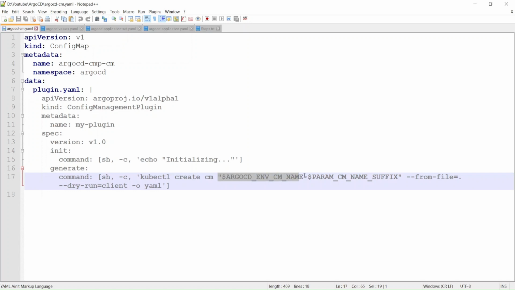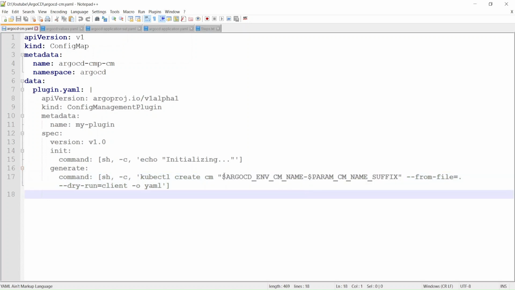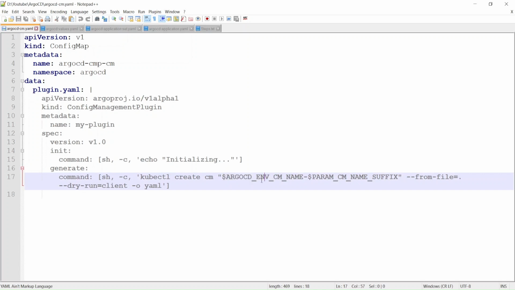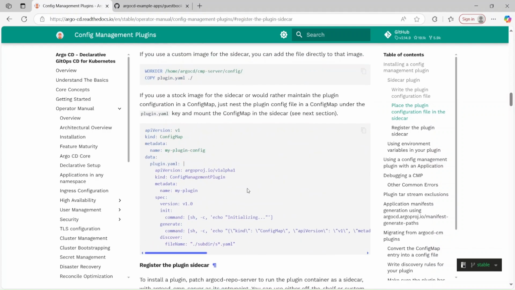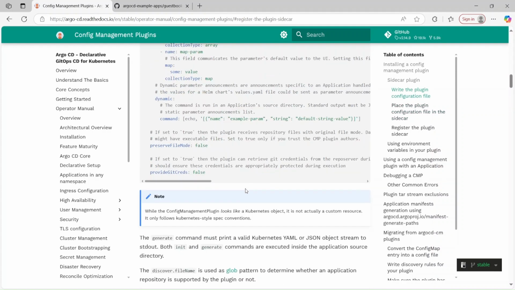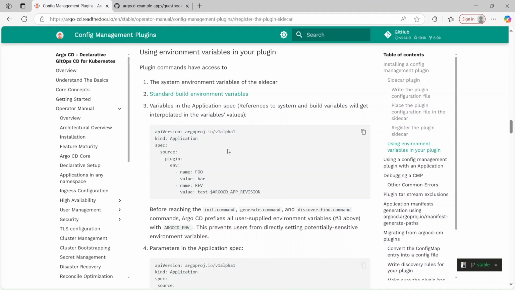Now coming back to the name of the config map, right? So we are using here some values using $ sign. So what do these mean? So Argo CD config map plugin, let me go to the documentation here. Yeah, as you see from the documentation here in your Argo CD application, this is just an